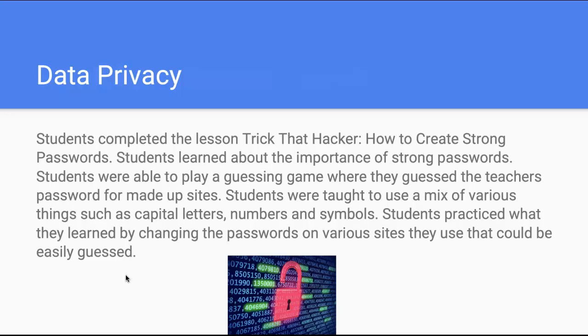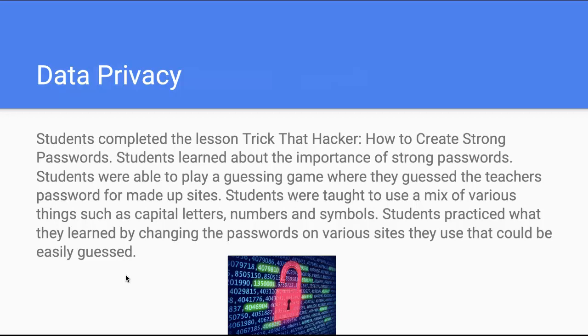Some people are used to using passwords like their name or maybe their mom's name. And I know as teachers, we get emails all the time telling us the types of passwords to use, telling us to use passphrases and ways to make our passwords stronger to prevent data breaches. So I wanted to instill those same things in my students.